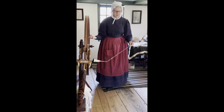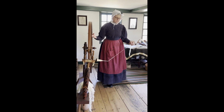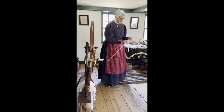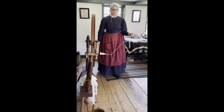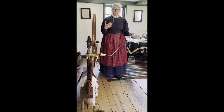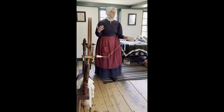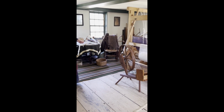Spinning and weaving are on the decline as skills in households in the time period of the village because there are so many factories and textile mills. But it doesn't mean that it's totally disappeared as a skill. We're showing it in this household as a way in which this family might be earning some extra income, selling custom orders of yarns or fabrics to their neighbors. So we're in the process of getting